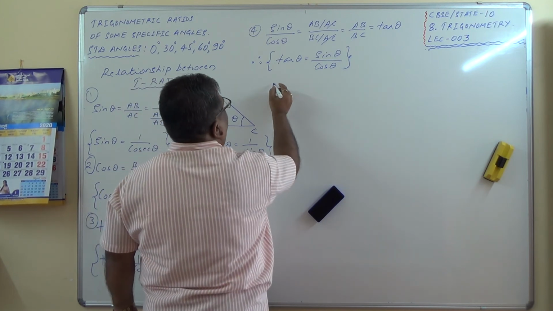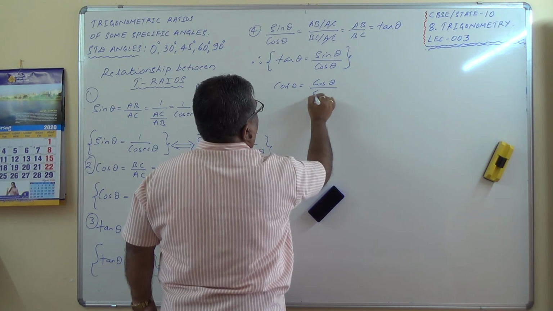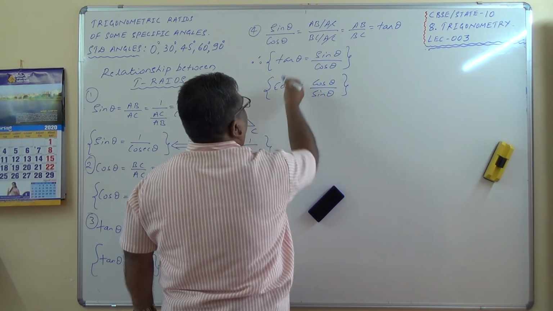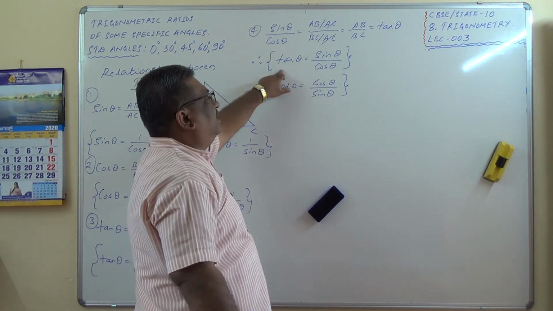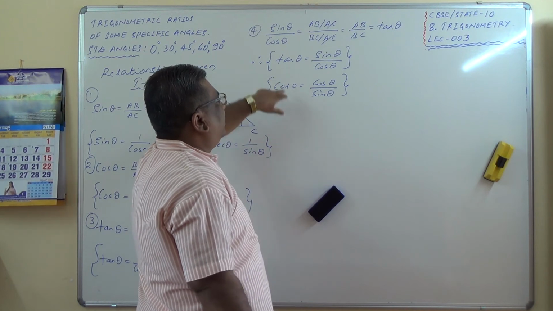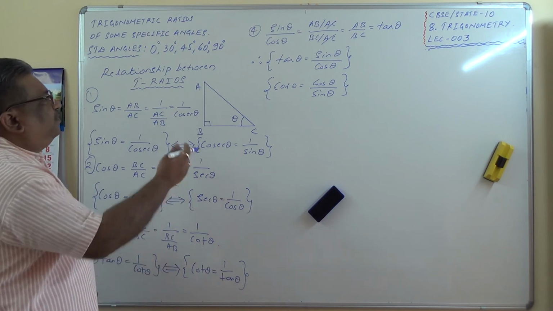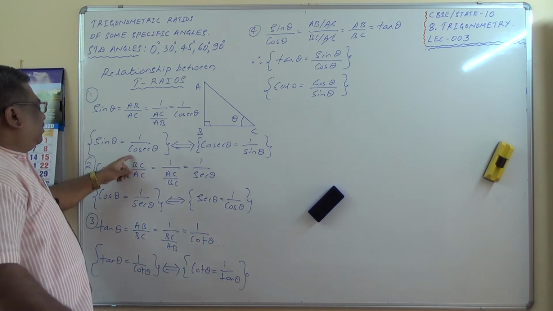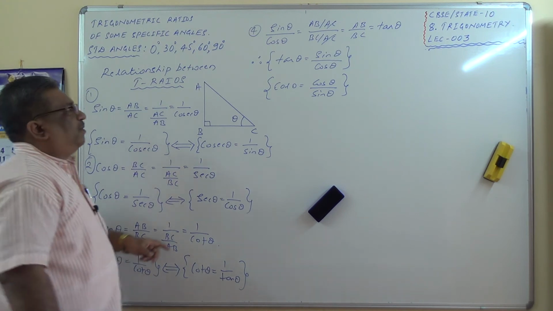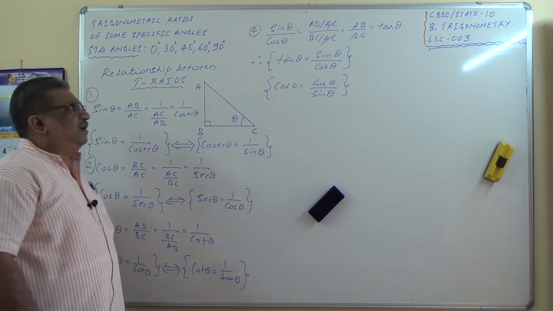Similarly, cot theta equals cos theta by sin theta. This also is true. Cot theta, meaning if I take 1 by tan theta, it will take a reciprocal over cos by sin. In that case, 1 by tan theta is nothing but cot theta, because we have proved it over here. So these are a few relations which you should know. Sin and cosec are reciprocal, and cos and sec are reciprocal, and tan and cot are reciprocal, and tan theta is sin by cos, cot theta is cos by sin. So these are a few relationships.